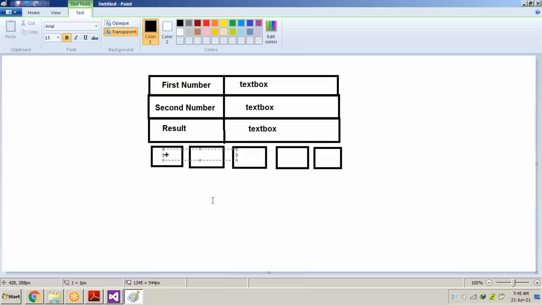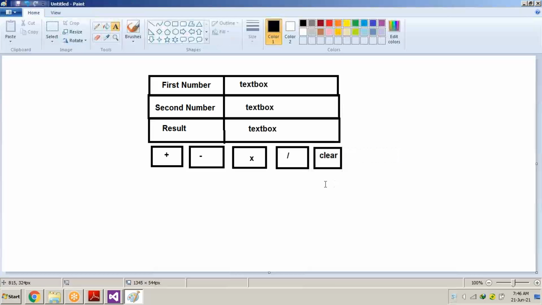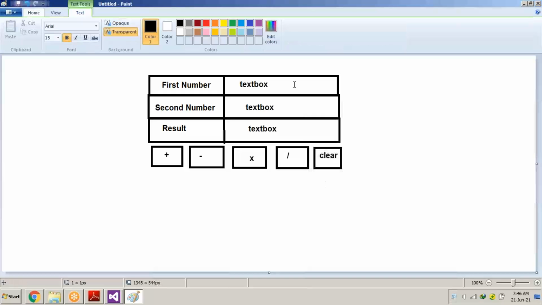Fourth we will be using as right. Clear means if we click this button, all these text boxes, the 3 text boxes, this one and this one, will be cleared in order to insert the second.